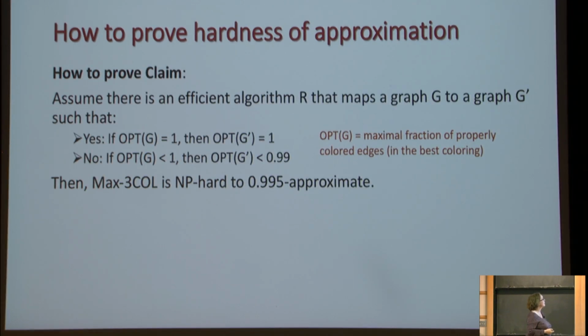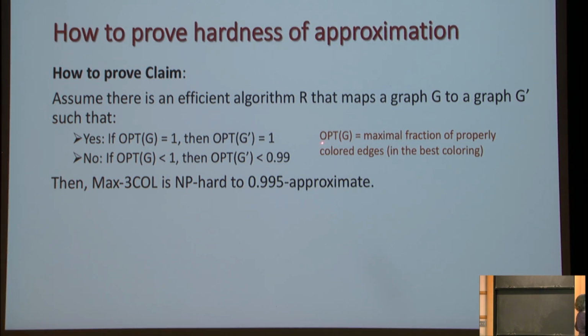So, how to prove the claim? Here's a claim. Assume that we have an efficient algorithm R that maps any graph G to a graph G prime. And this algorithm has the property that if G was perfectly colorable, so here we denote by opt(G),